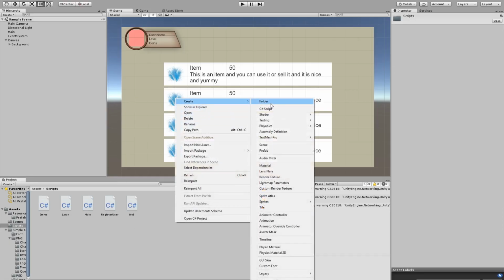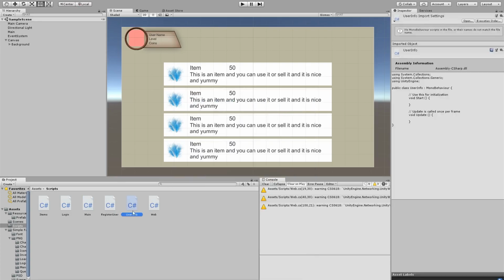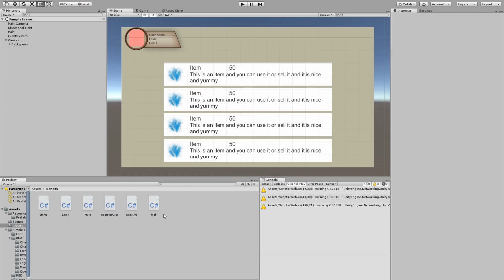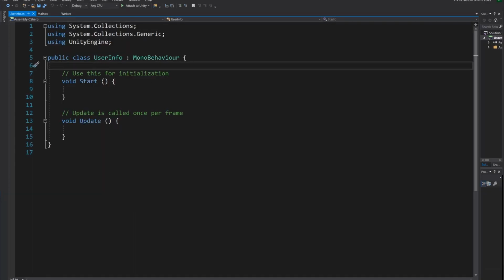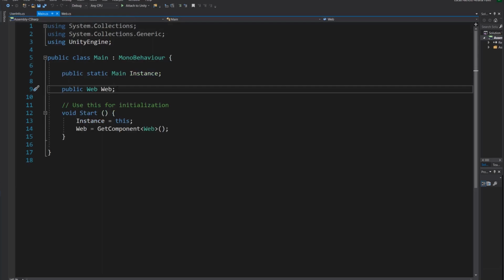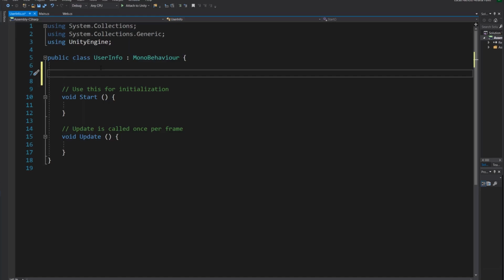So create C# script user info, just so that we separate classes and it's easier to see in the tutorial. So I'm going to open this user info. We're going to create a public instance of this here. So public user info. So here we're going to add a variable public string. Actually, it's not a good idea to be public, but now for the sake of simplicity, we're going to make it public. It's going to be a string, and it's going to be called user